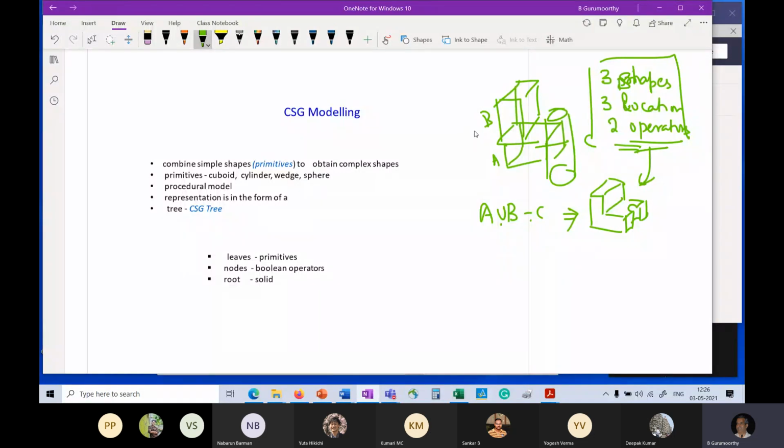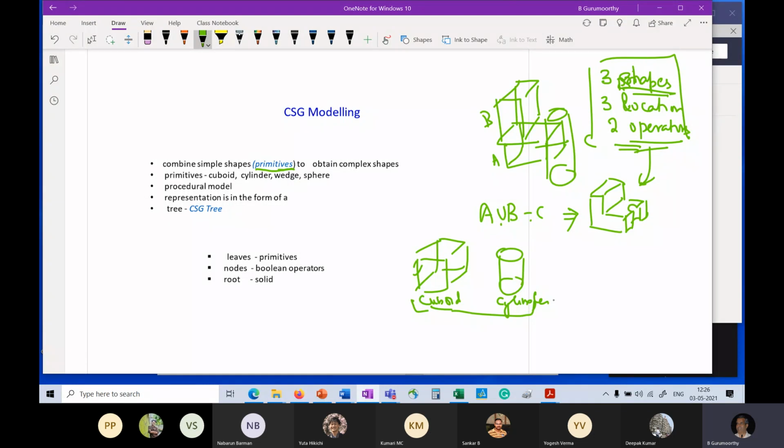And now for some notations. So these simple shapes that are listed here, we call them primitives, right? And these primitives, two of them are obvious to you, right? These are the two. Now it turns out that when this whole modeling paradigm was first developed, these were the only two shapes that were considered as the simple shapes, right? A cuboid and a cylinder.